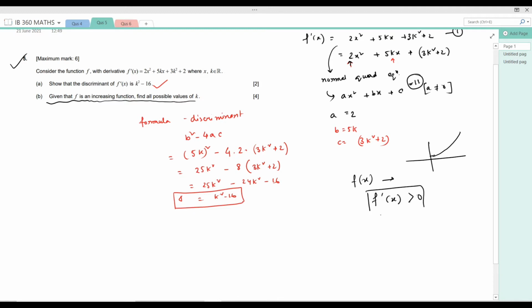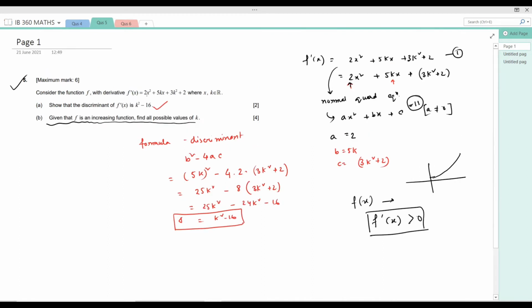Now from this equation you can see the equation is a quadratic equation. So the first order derivative itself is a quadratic equation. So the quadratic f dash x can form this type of graph, or this type of graph, anything it can form according to the value of k. But the thing is how it will form the graph, we will try to discuss. But the most important thing is it will not touch the x-axis.